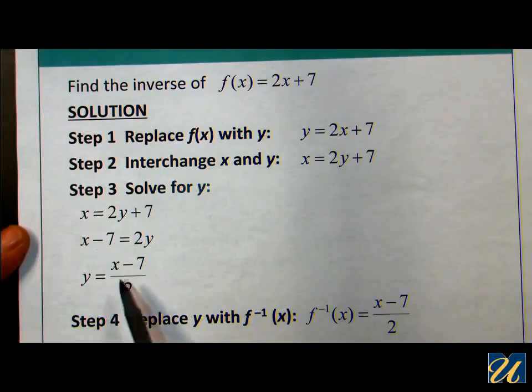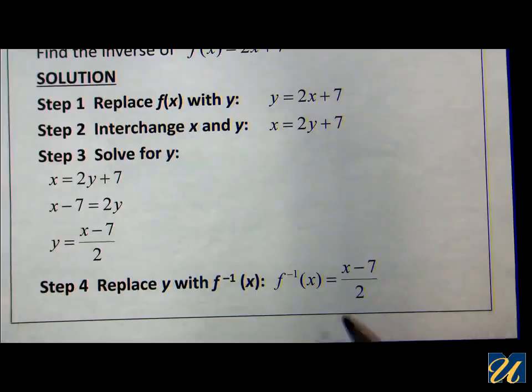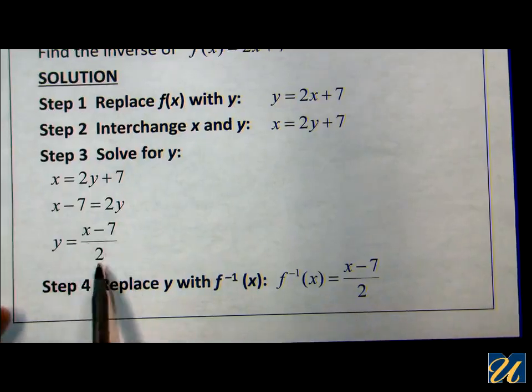Let's see. If you input a value of x and subtract 7 and then divide by 2, you get one and only one y value. So it is single valued. So in other words, this new function y, as a result of this process, is the inverse function. And that's what we're saying down here in the last step. x minus 7 divided by 2 is now the inverse function, simply because the function x minus 7 over 2